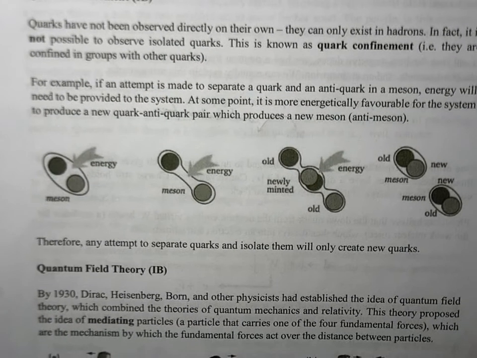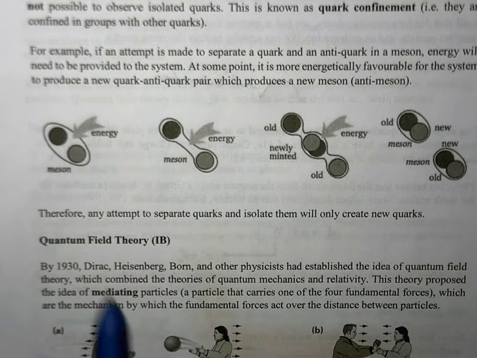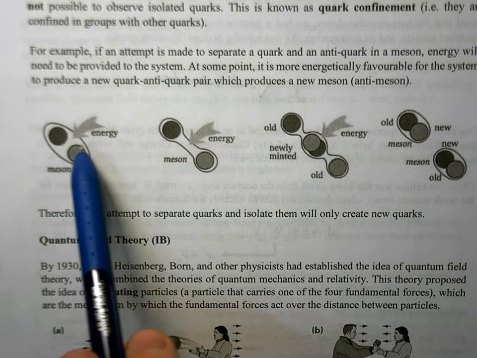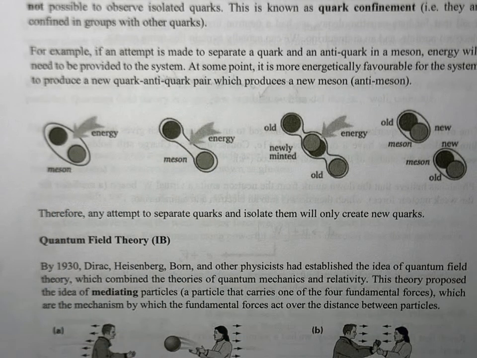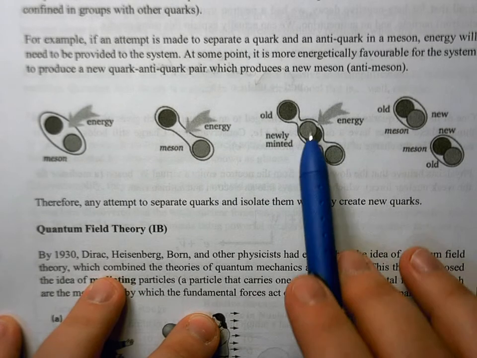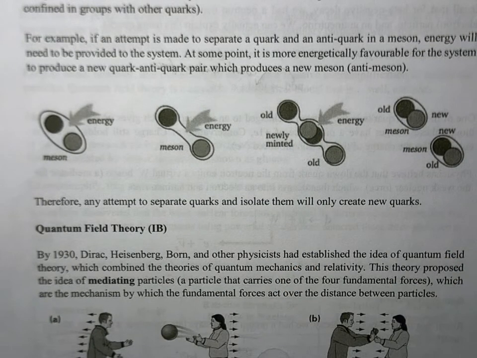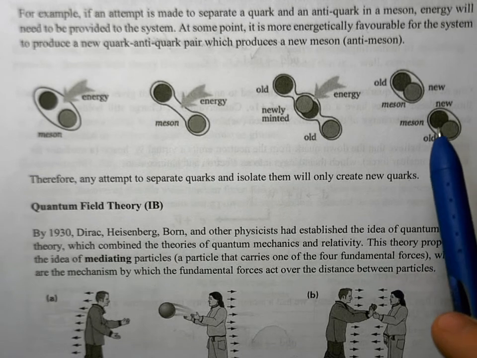The reason for that comes from a little bit more advanced particle physics theory. But basically, we look at the case where we have a meson, so we have a quark and an antiquark. What we're trying to do here is input energy in order to separate the 2 quarks, because to do that, you will need to put energy in. What's going to happen eventually, though, is it's going to be much more energetically favorable to produce a new quark and antiquark pair rather than to continually separate the original quark and antiquark. So in this more energetically favorable configuration, a new quark and antiquark are going to be produced, and then we're going to get 2